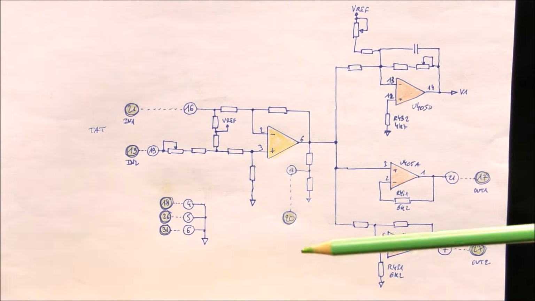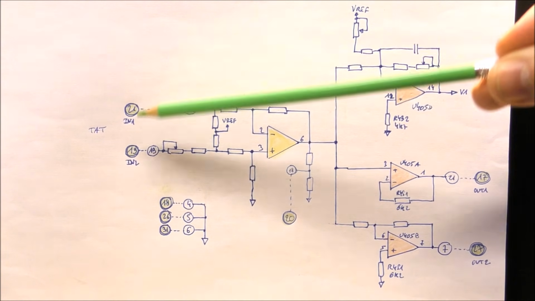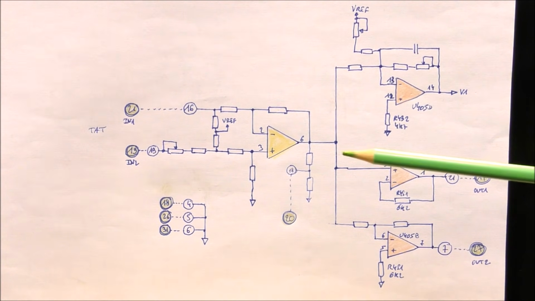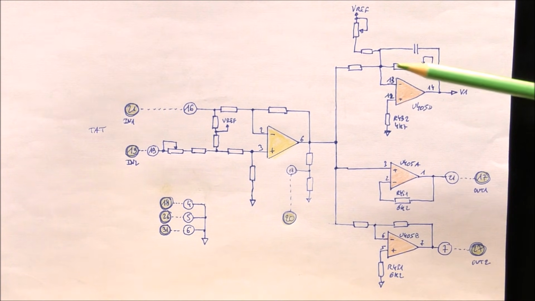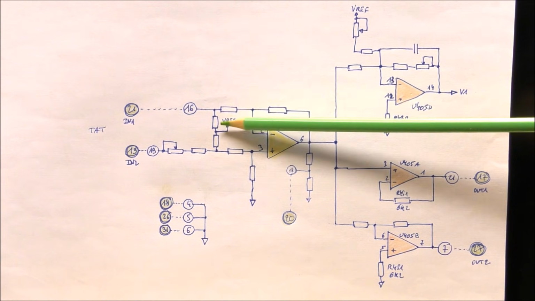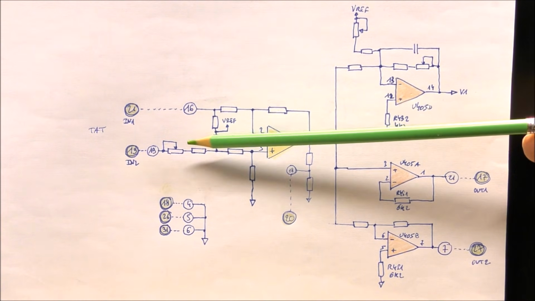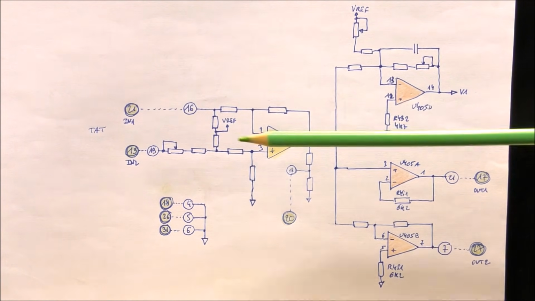We can see here the front end for the total air temperature measurement. Obviously the input is here. We have here a differential amplifier. The output is fed to this inverting amplifier. There is a bias adjustment here and a gain adjustment. You can see that we have here 2 resistors connected to a voltage reference, and we have here a trimmer and another resistor. If you are familiar with analog designs, you can figure out what is this circuit here.